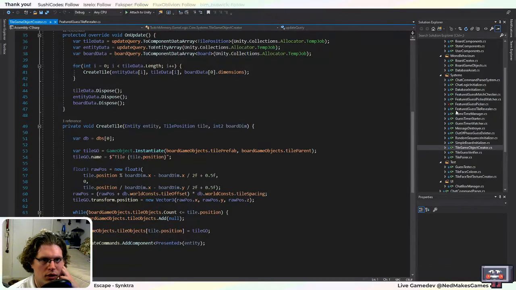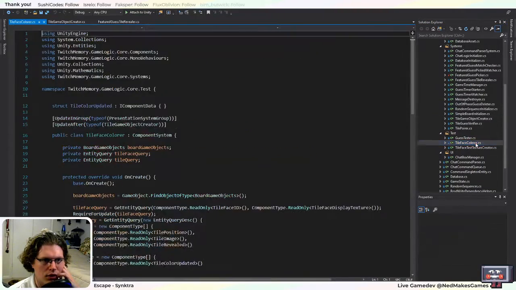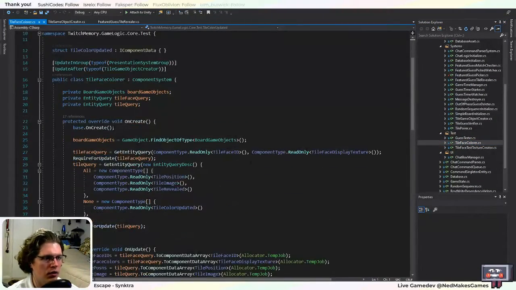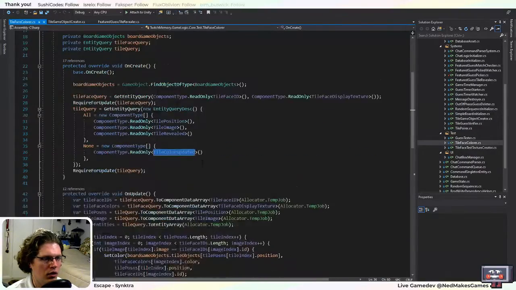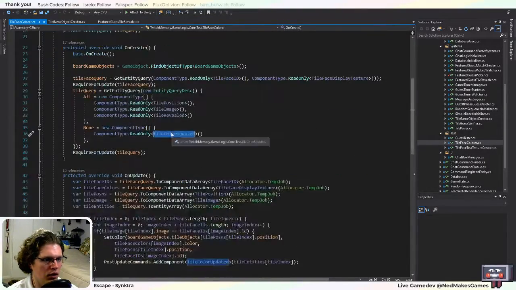I'm trying to see where's the code that changes the color. Oh, here, it's in the test. So tile face color. Oh, right. Okay. The reason this is in a test is because the final game is going to show pictures on it instead of just colors, so...